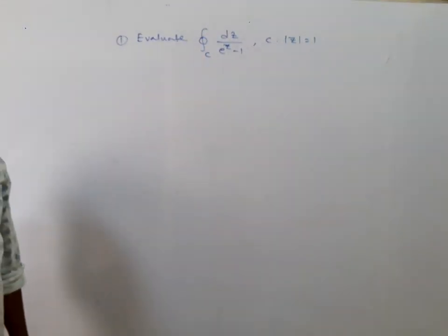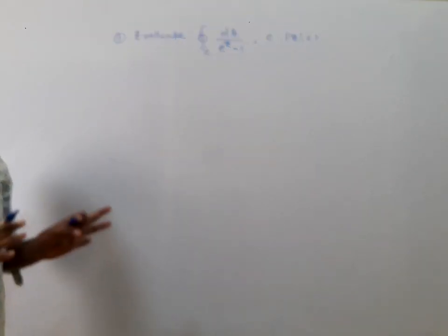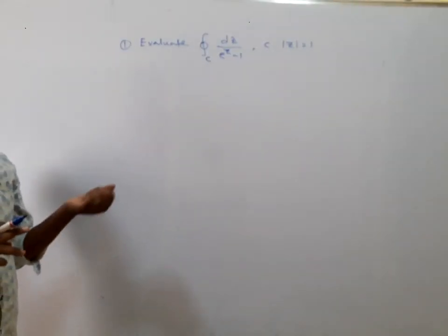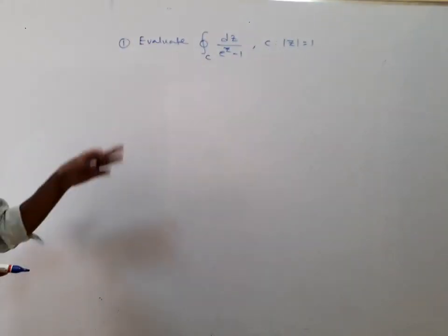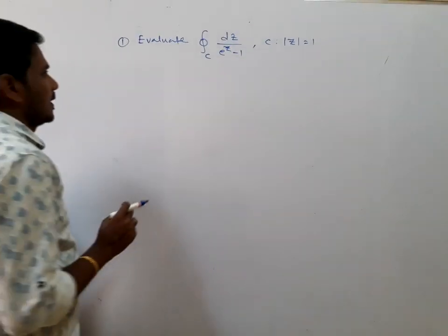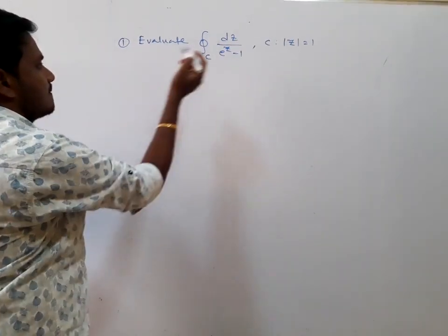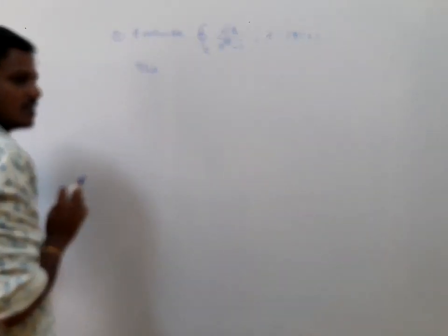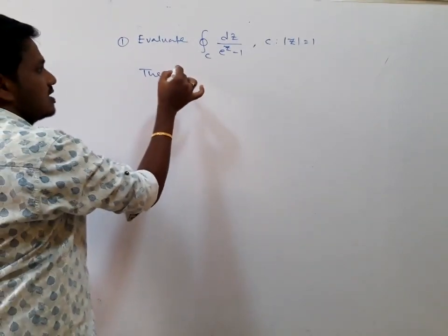Yes, we can solve this problem by using Cauchy's integral formula also. When you compare the problems solved by Cauchy's integral formula and by Cauchy's residue theorem, you can see the clarity; it's very easy compared to that one. Here, first I am trying to identify the poles of f(z), the singularities of f(z).